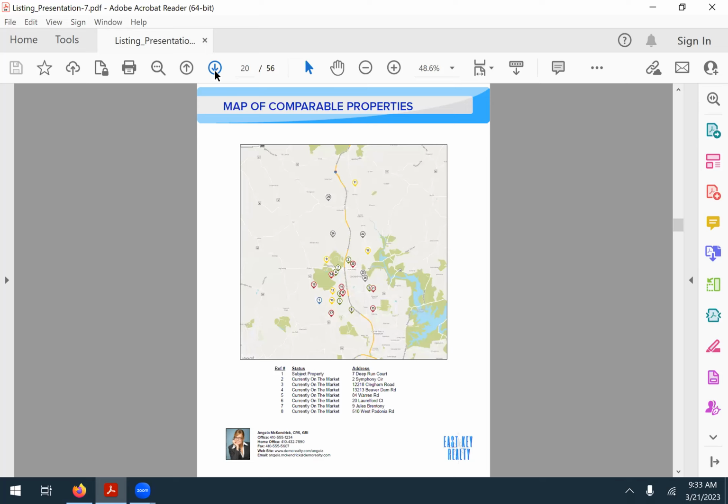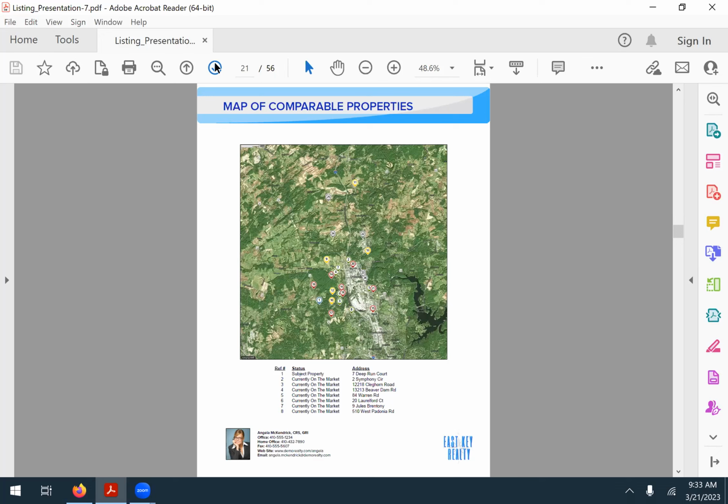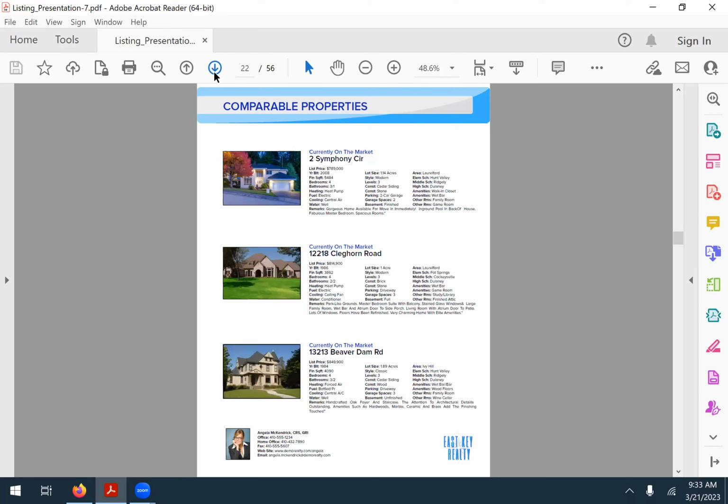After the summary is your map of comparable properties. There will be two different options to choose from. One will show the properties in a city view, while the other will show the properties in a satellite view. After the maps, we have more comparable pages with various formats. This one is titled Picture CMA 3 props per page, and it will show 3 properties per page listed horizontally